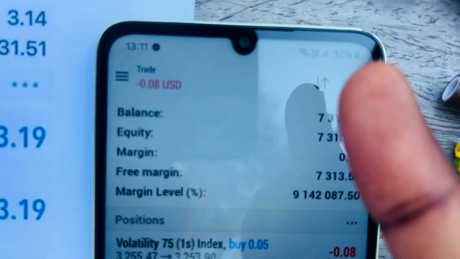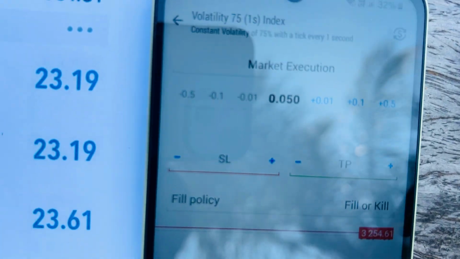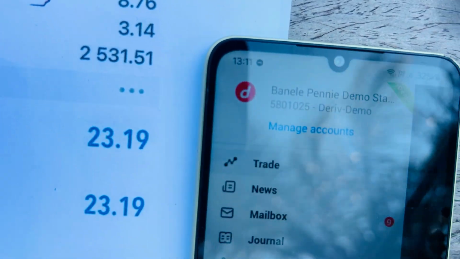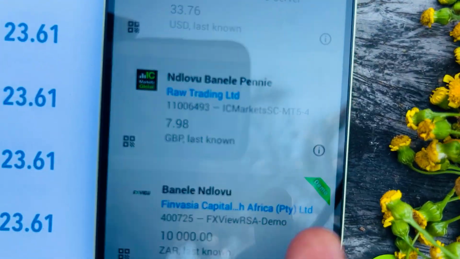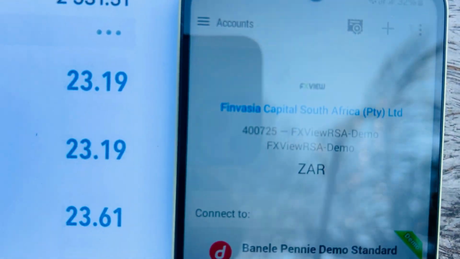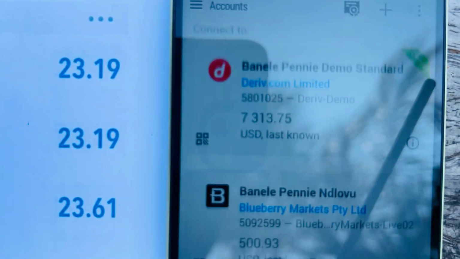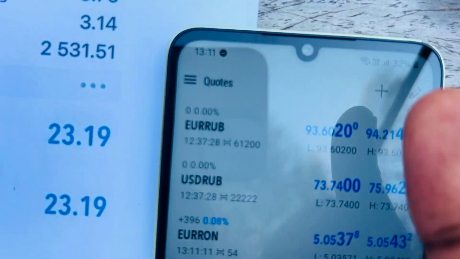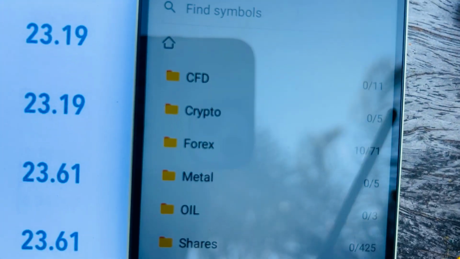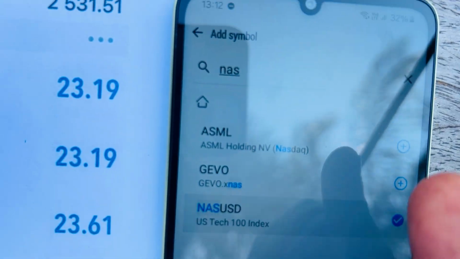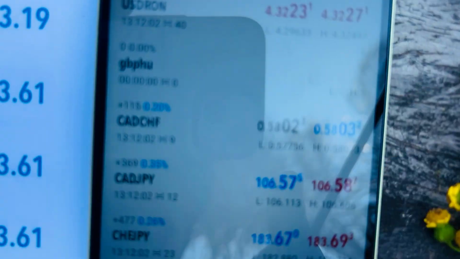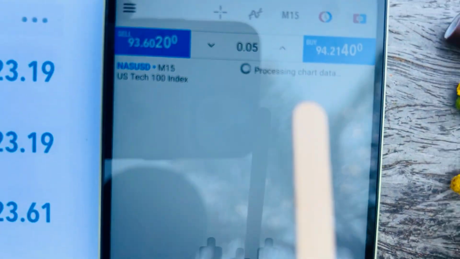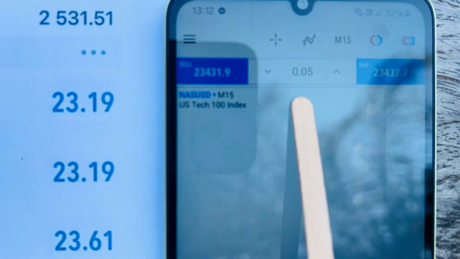You can also use this feature here to buy, sell. If you'd like to trade with the ZAR, you can sign into our FXView broker, and you can go to the codes section, and these are the assets that we can trade. We can also add Nasdaq that we would like to trade. We can have Nasdaq here, US tech. We go back and we go to chart, and we can just click buy or sell, but let's adjust the